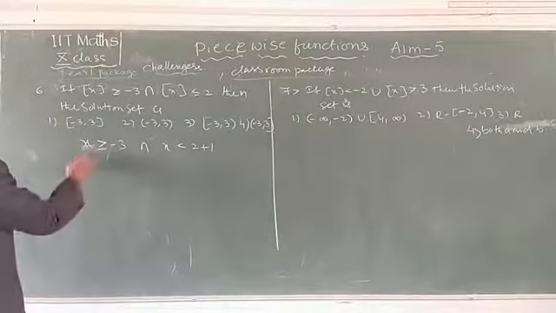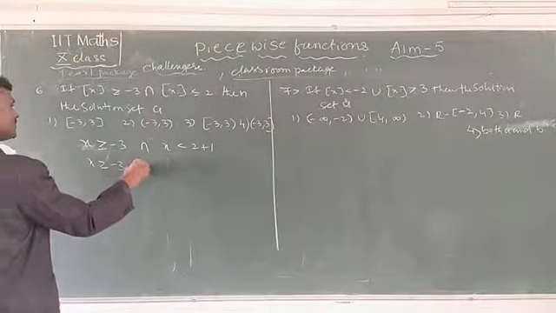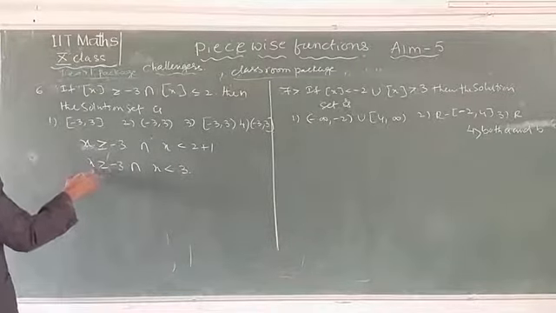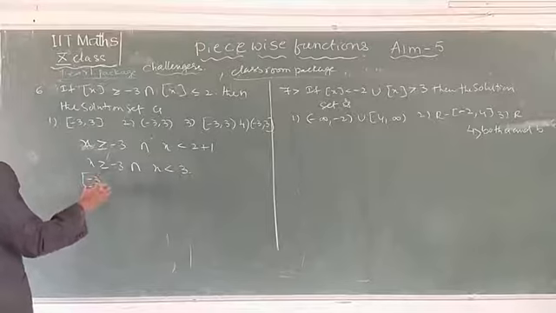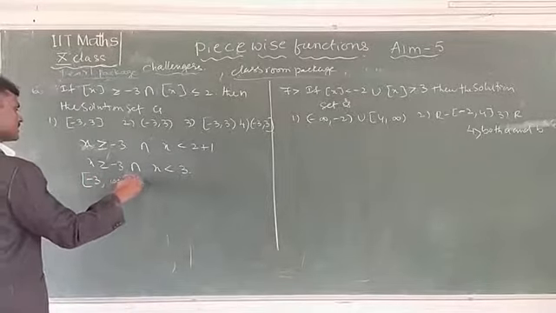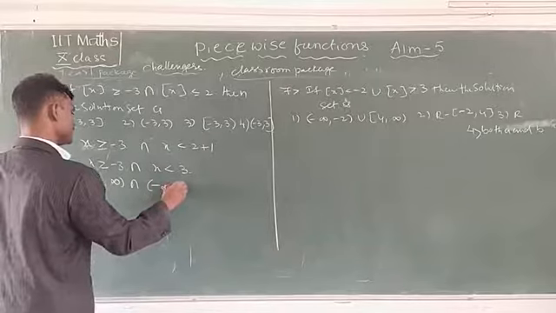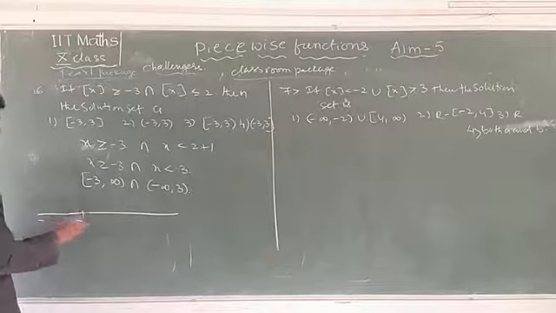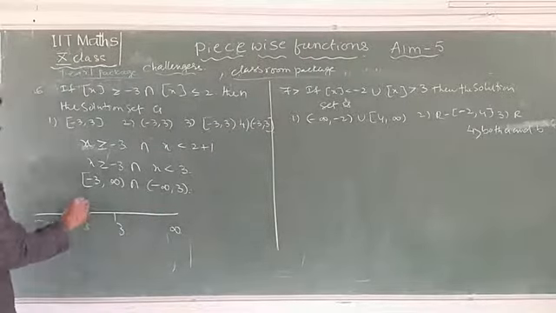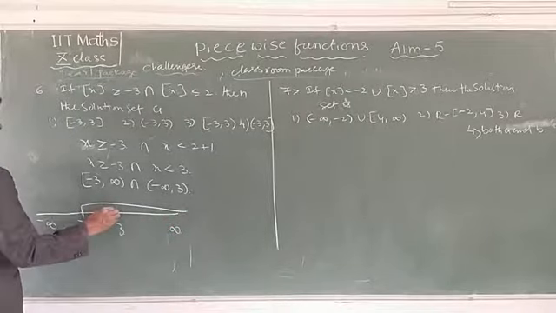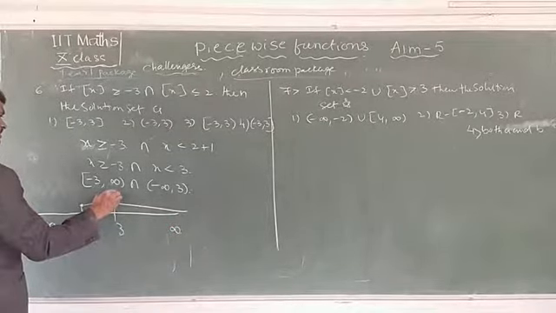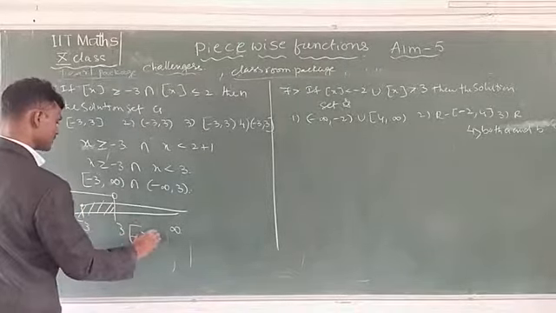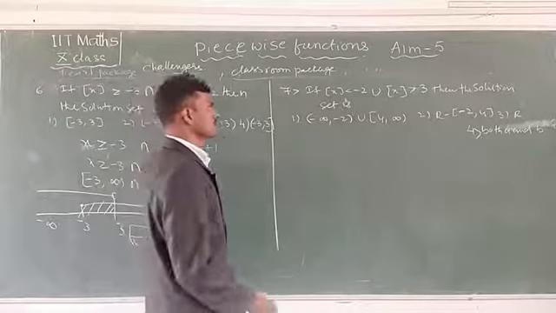Okay, now see here, x is greater than or equal to minus 3, intersection x is less than 3. Now this is written as an interval: closed interval minus 3 to plus infinity, intersection minus infinity to 3. Now you can write here minus 3, minus infinity, plus 3, plus infinity. Minus 3 to plus infinity is closed, and this is open up to minus infinity. Then this is the common part. Then you can write here closed interval minus 3 and 3. And this is also the same.